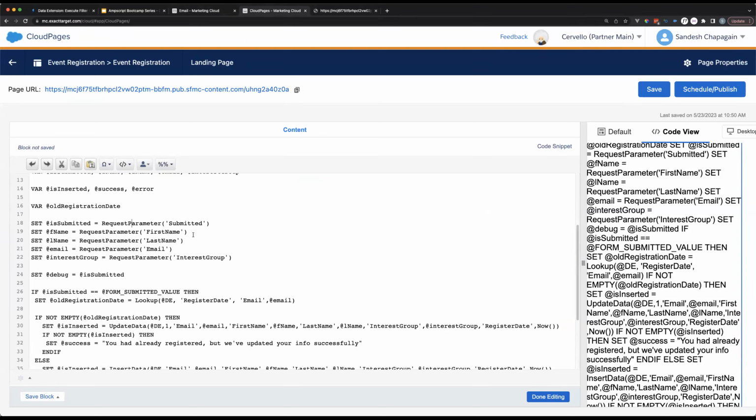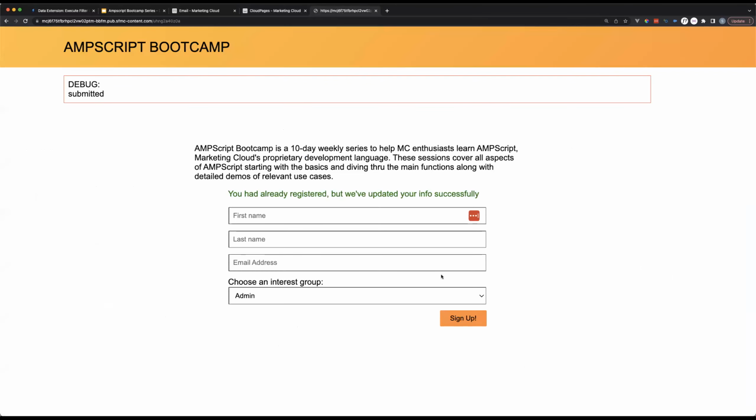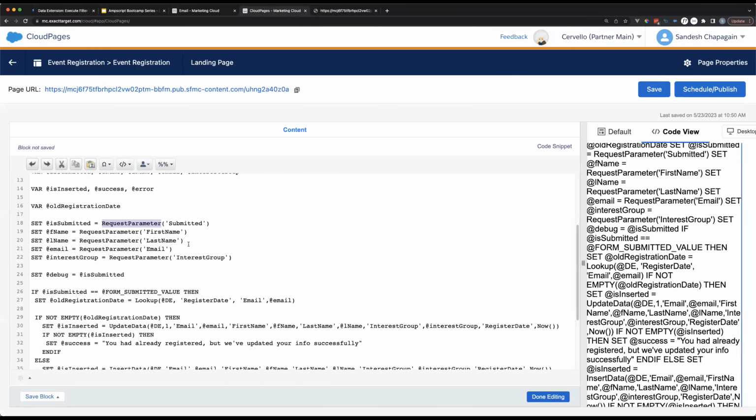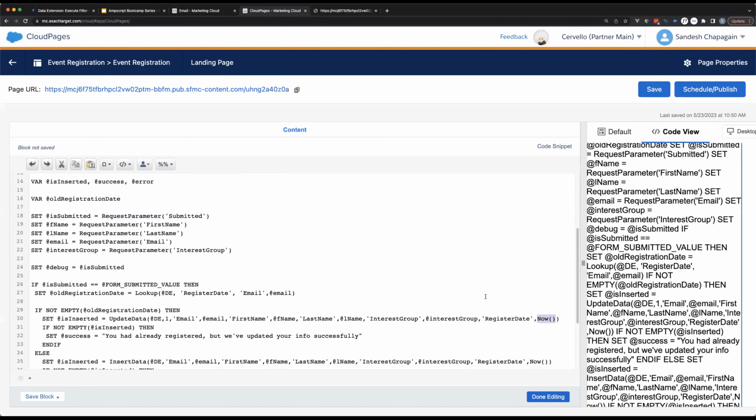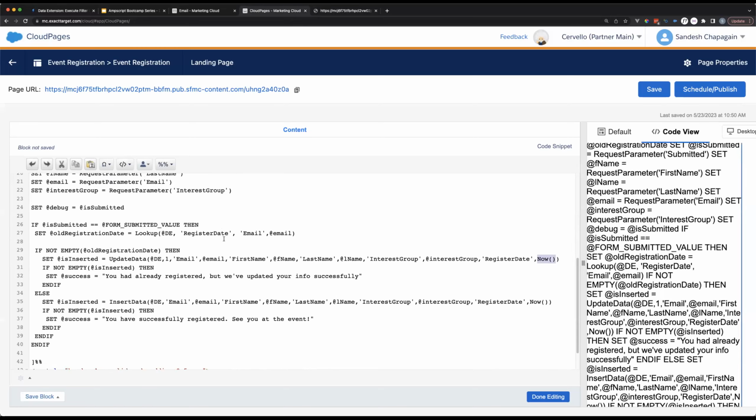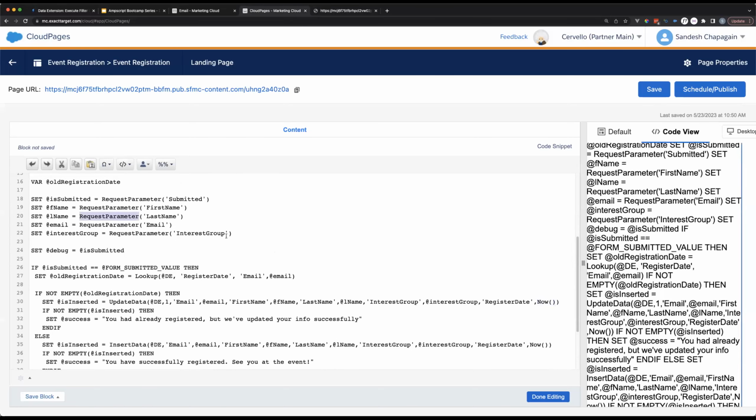We do not need to, because request parameter is only for things that we're pulling in from the form, right? We're only pulling in first, last name, email, and the interest group from the form. The register date is something that we're generating here, right in the code block. That's why we don't need to grab that. It actually does not exist, right? It'll be empty.